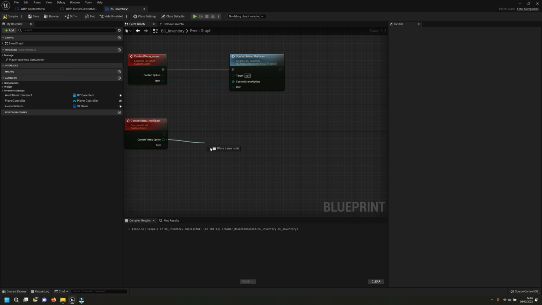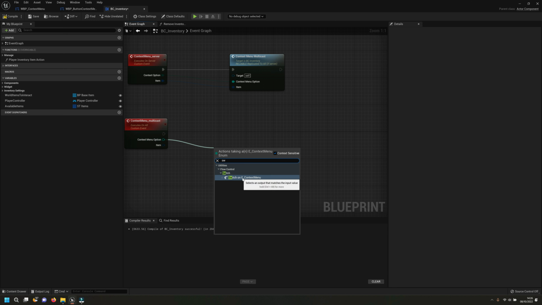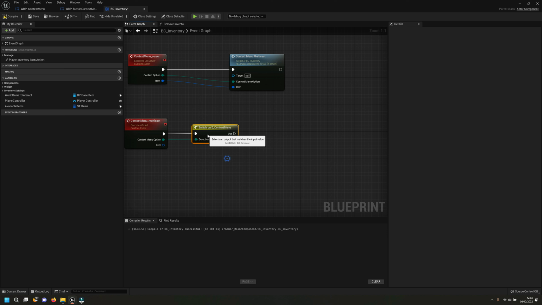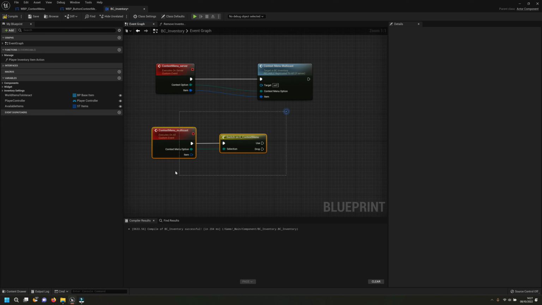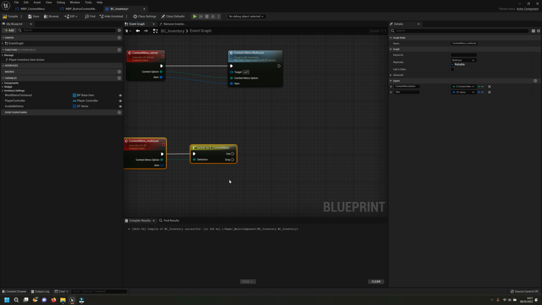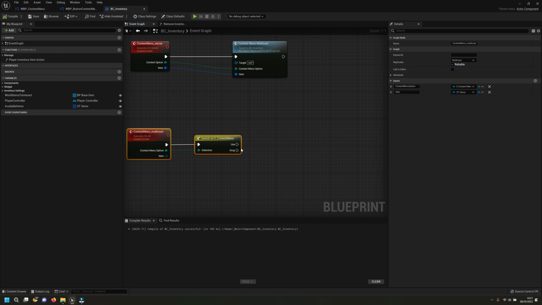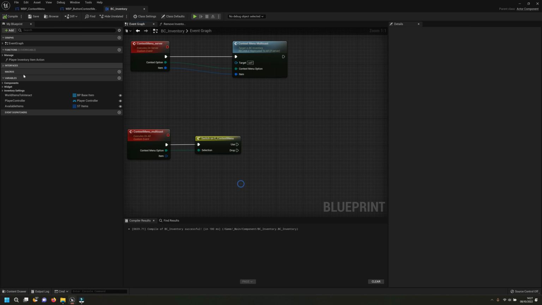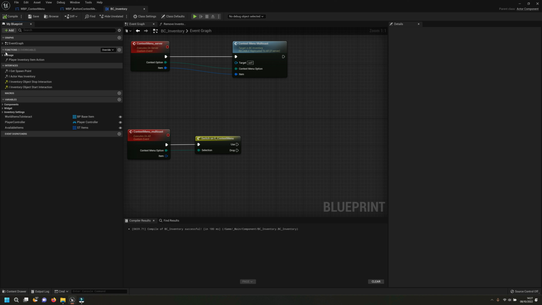So you come from this node here, the green one. We just do switch, which is switch on context menu. There we go. Because if you're trying to use, if you're trying to drop, if you're trying to split, we may want to do different things. So for now, what we're trying to do is drop, so we can call our